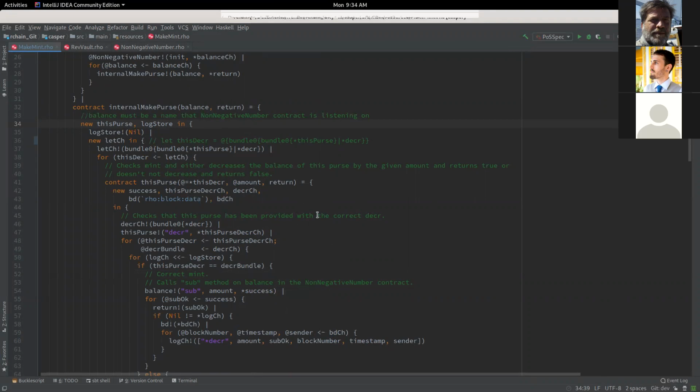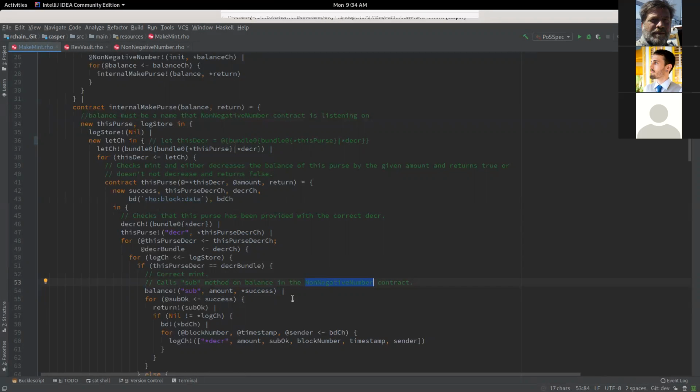So if you're looking back at this stuff later on and you're like, man, I do not remember what in the world was supposed to be happening, like why did we do this, that sort of stuff, so there are comments. I tried to do at least a decent job of explaining what was going on, and also where things were coming from. For example, we just do this call here, balance subs, where did this come from? Where does this method live? Well, it lives in the non-negative number contract.